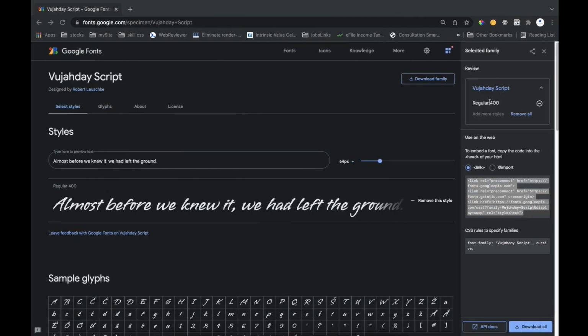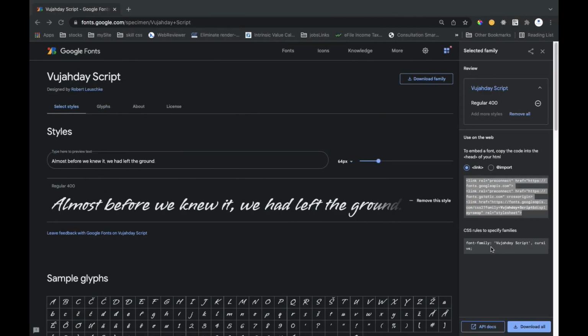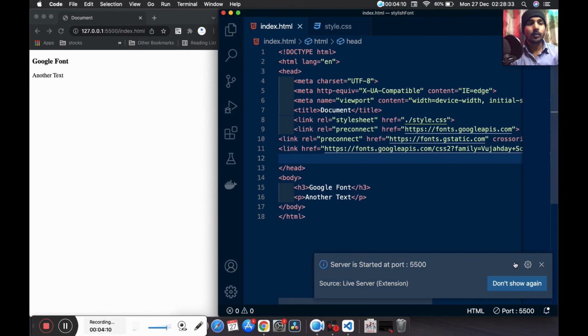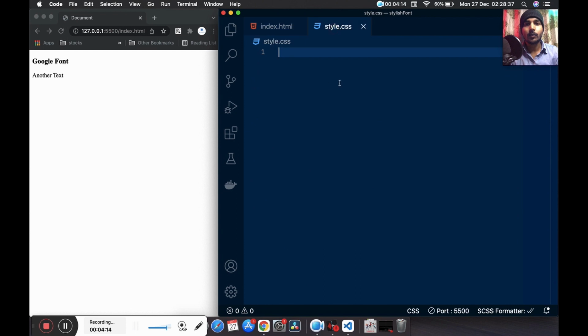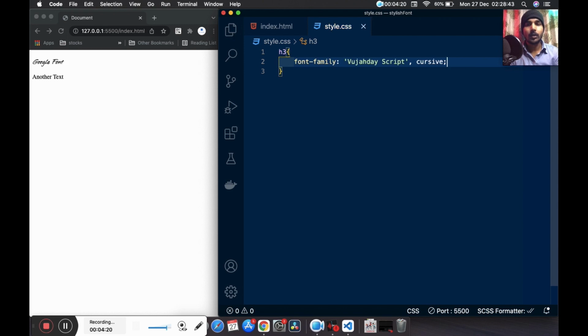Once more go on that website and copy this font family below, and go to your VS Code, and this time we have to go inside the style.css file and write h3 and paste that font family.